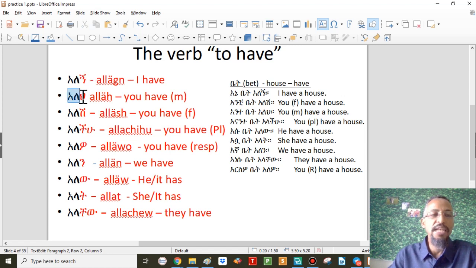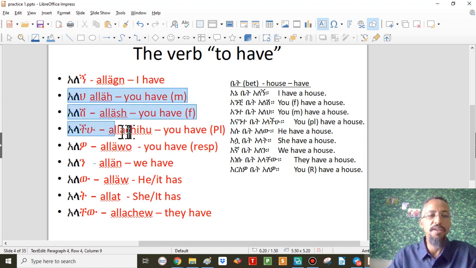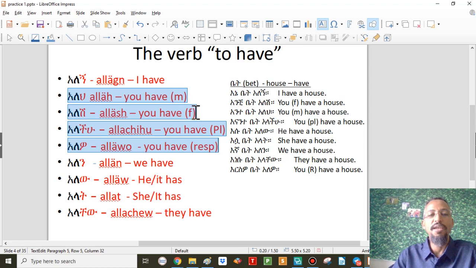And allech. Anta alleh. This is how you pronounce it, alleh. You have, masculine. In our previous lesson, about the subject pronouns, I explained that the English you has three forms, actually four forms in Amharic. All of these are you. The first one is you masculine, the second one is you feminine, the third one is you plural, and the fourth one is you respect or polite. So alleh, you have masculine, allesh, you have feminine,